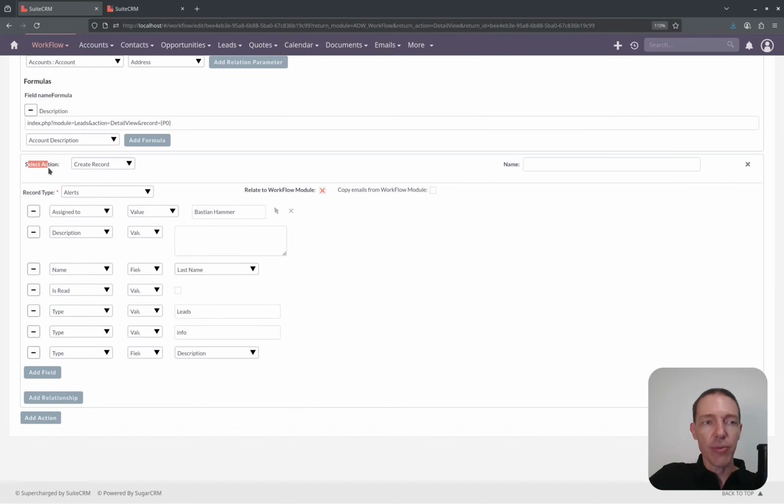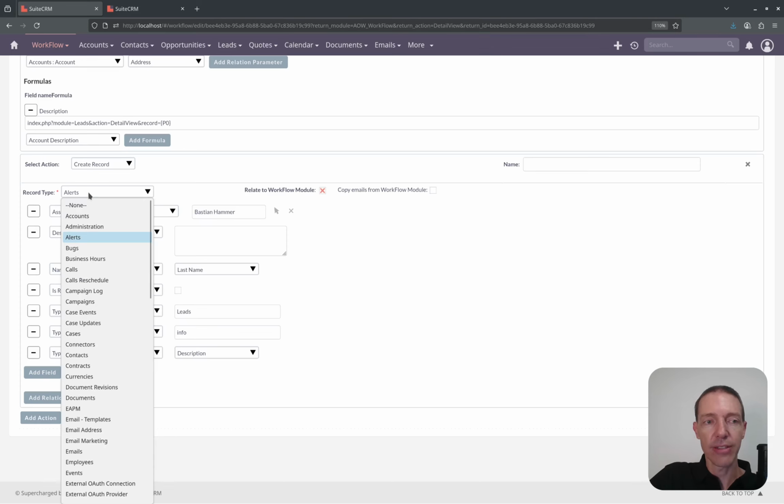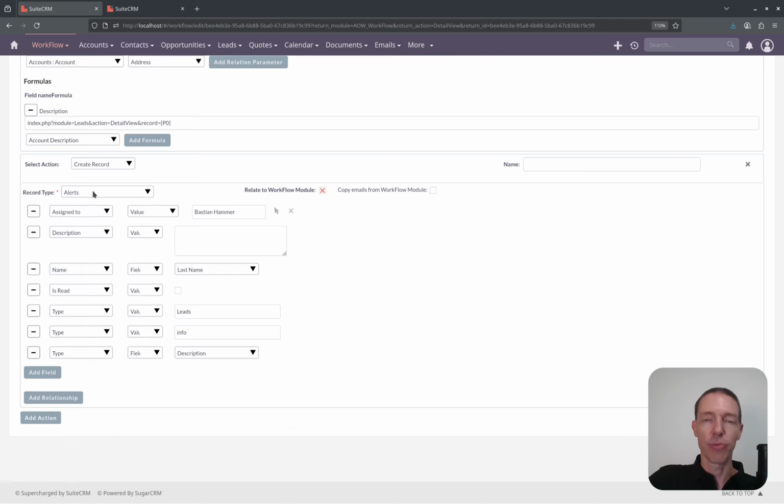The next action that we need is create a record. And now we can add a couple of fields. So the record needs to be alerts, which is this very specific module, which is not in the navigation here because it's just being used for this alerts or notification feature. Now assigned to value, and now I did this with a